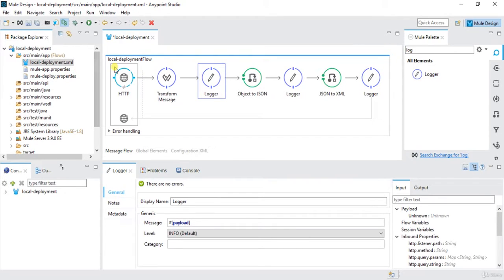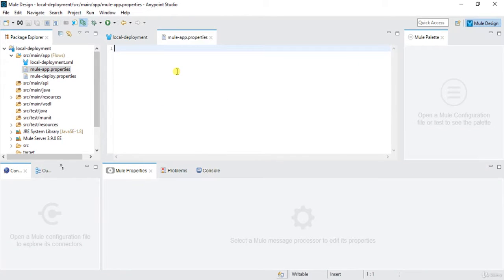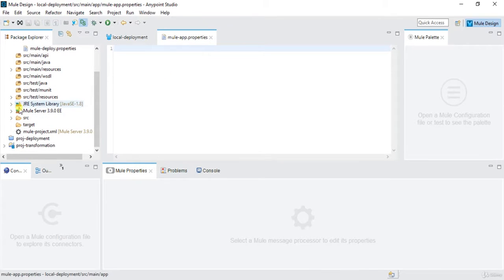Before deploying, there are a few things we need to note, like what mule-app.properties contains. Right now I will open this. It is empty. This property file is used whenever we deploy the services on local or on a server. It is the first thing that is initialized. And when you go to the mule-project.xml,